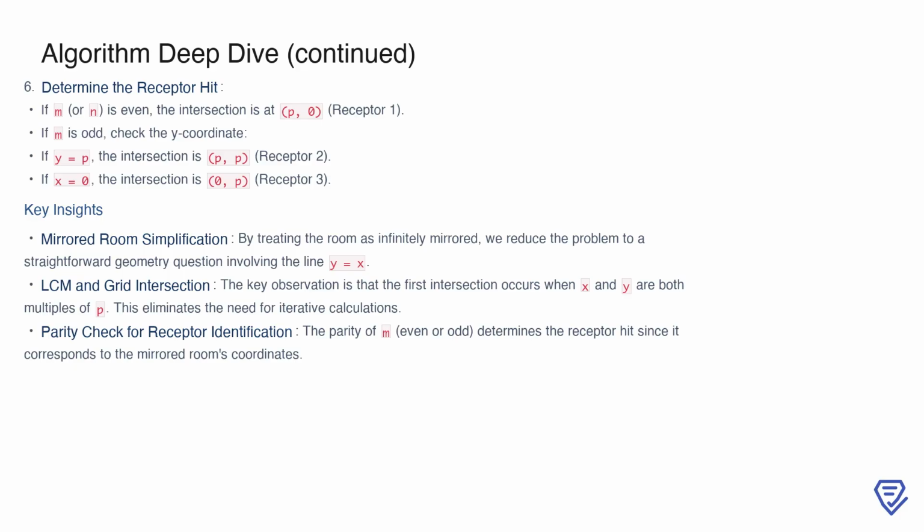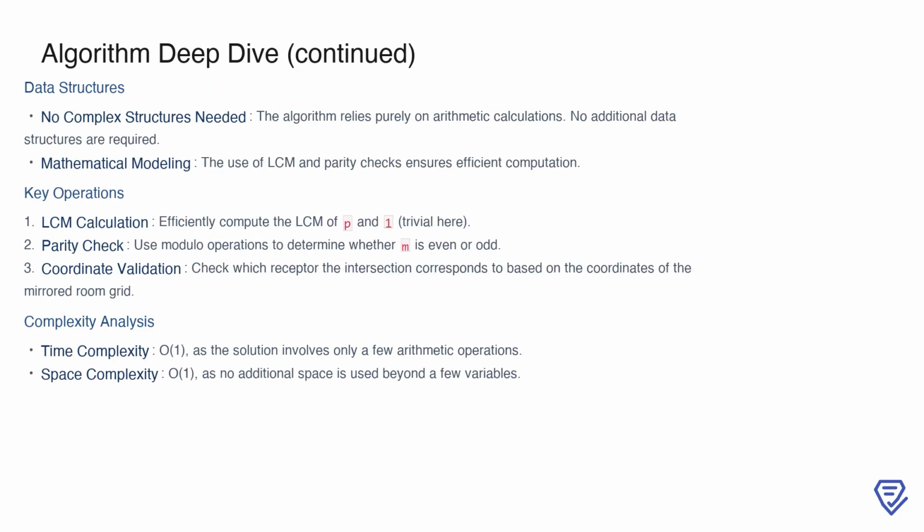The mirrored room method simplifies the problem to a geometry question, where the first intersection corresponds to the smallest m that satisfies the conditions. By focusing on the LCM of p and checking the parity of m, we avoid iterative calculations and directly identify the receptor hit. The beauty of this solution lies in its simplicity. No complex data structures are needed; everything relies on arithmetic operations. The mirrored room model, combined with the use of LCM and parity checks, ensures the calculations are efficient and